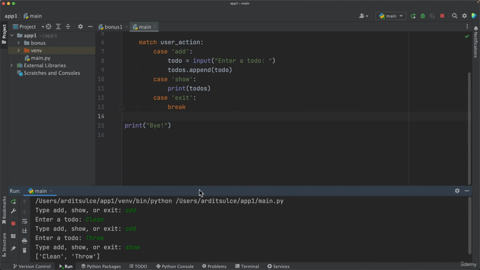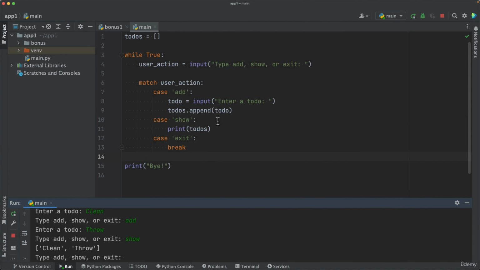Well, to do that, we need to print out each of the to-dos using a print function. So basically what we want to do is go to the show case, and instead of printing out the list, we delete that and we say for item in to-dos,